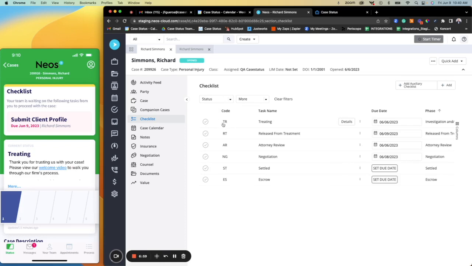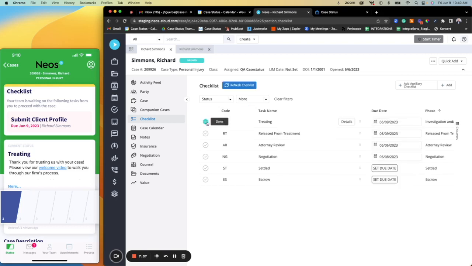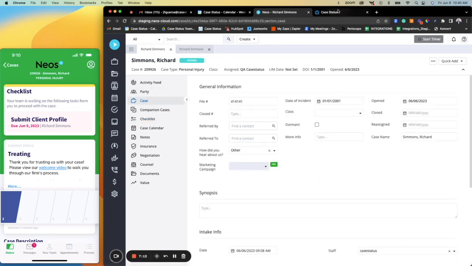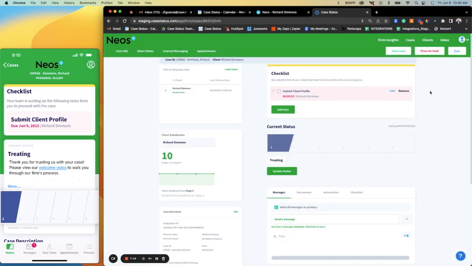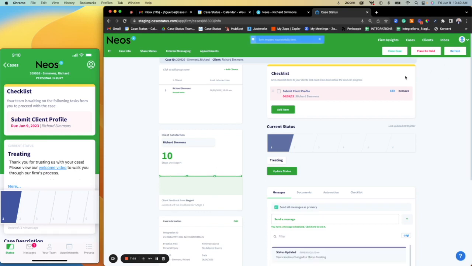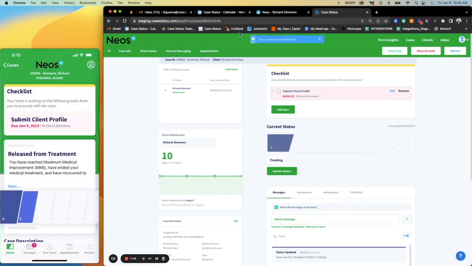So we can see here that I have a couple of checklist items here that are mapped to these specific stages in case status. I could check off this checklist item for treating to make sure that treating is done, that we are now into the next stage of the case, so that when I make that sync, and in this case, I will manually sync the case so that we don't have to wait for the nightly sync, and so that you can have a general idea of what it's going to look like from the client end. But then if I refresh the application, we'll see here that the client has now been updated to stage 2